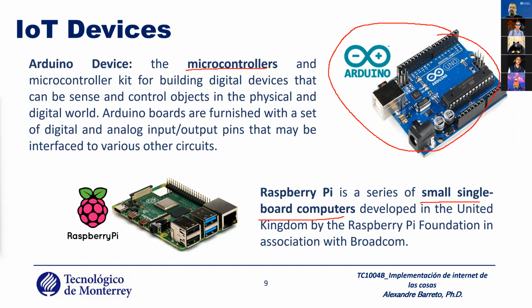But you have more power. Raspberry has more power than Arduino. But in some cases, you don't need a lot of power. You only need to control, for example, a mechanical actuator. That is the reason you have an Arduino in some cases. You don't need to use a Raspberry, which is much more expensive than Arduino, to control, for example, opening or closing a valve. Maybe Arduino is enough.